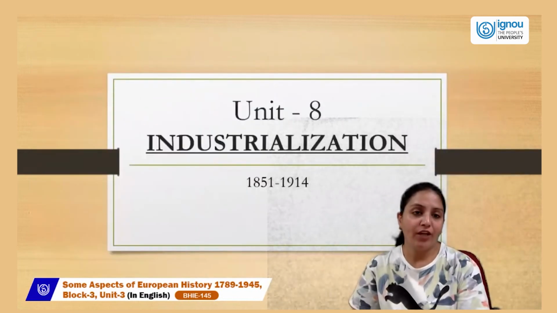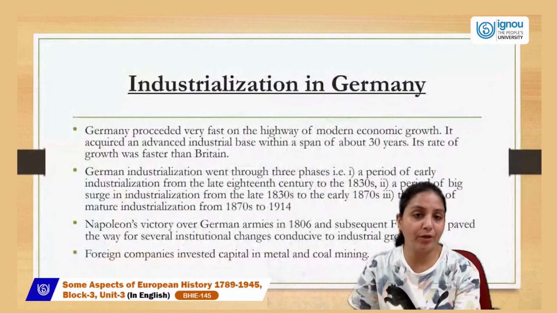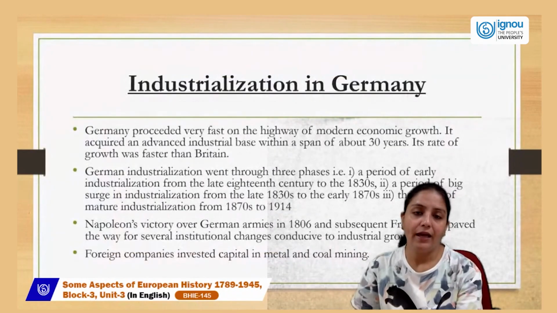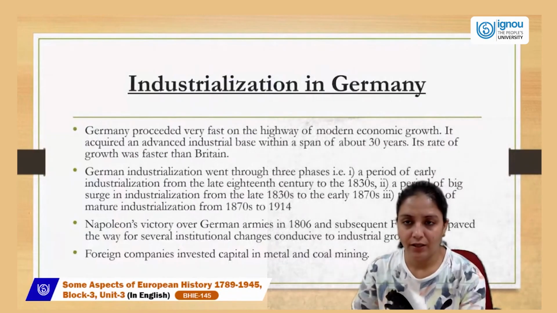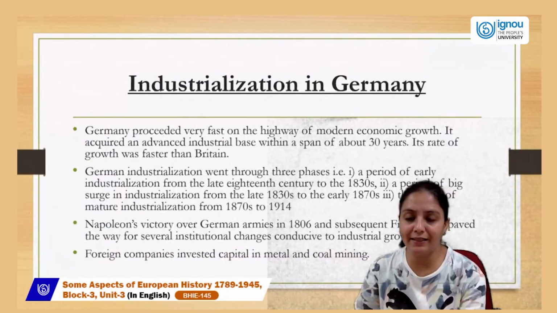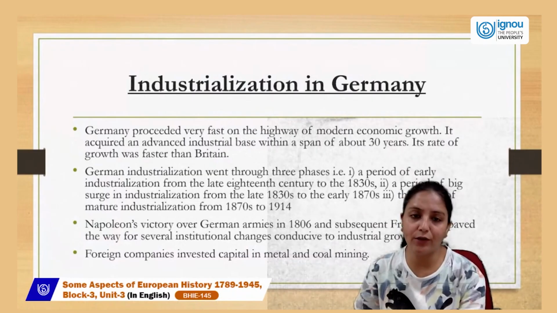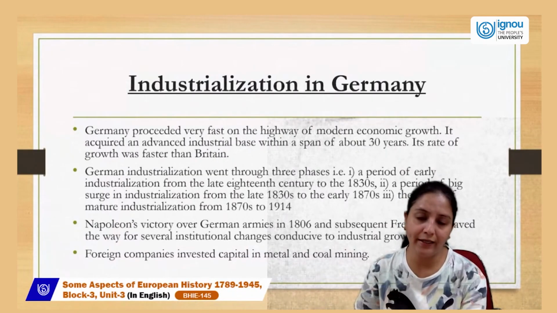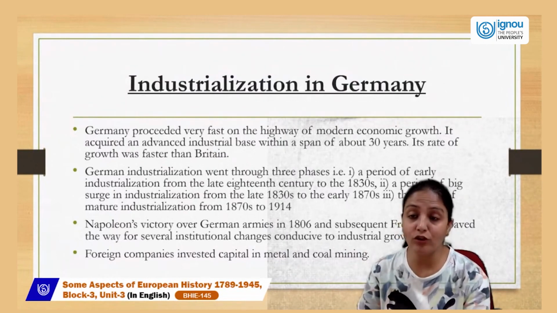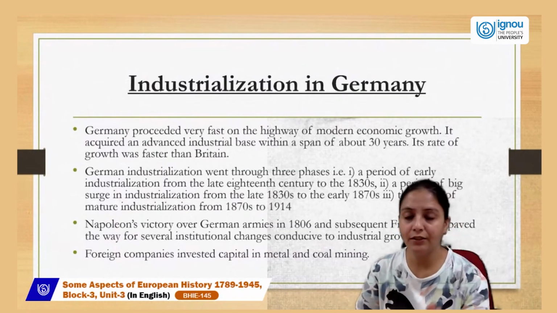Now we are going to cover Unit 7. We have covered industrialization in Britain, in France, and in Germany. If we compare the 3 countries, Britain, France, and Germany, then we can say that Germany's economic growth and everything done in Germany was far better than Britain and France, because the population increase and the technological increase in Germany were much better.